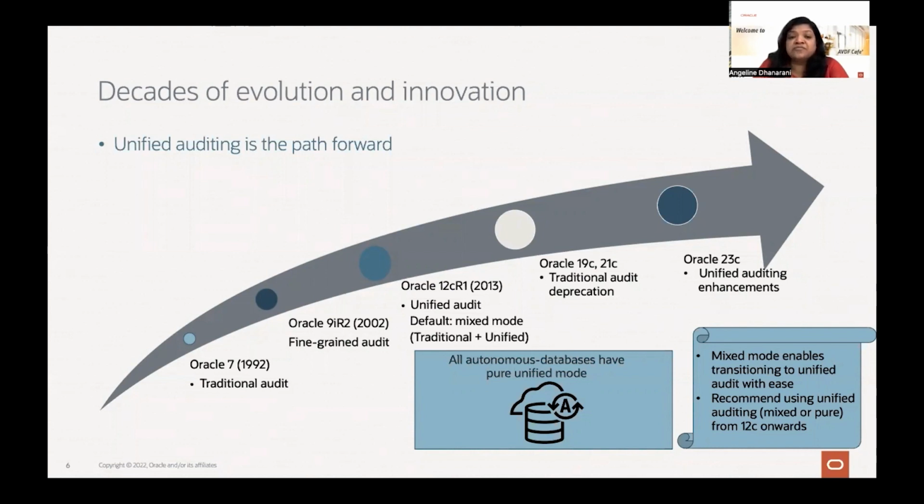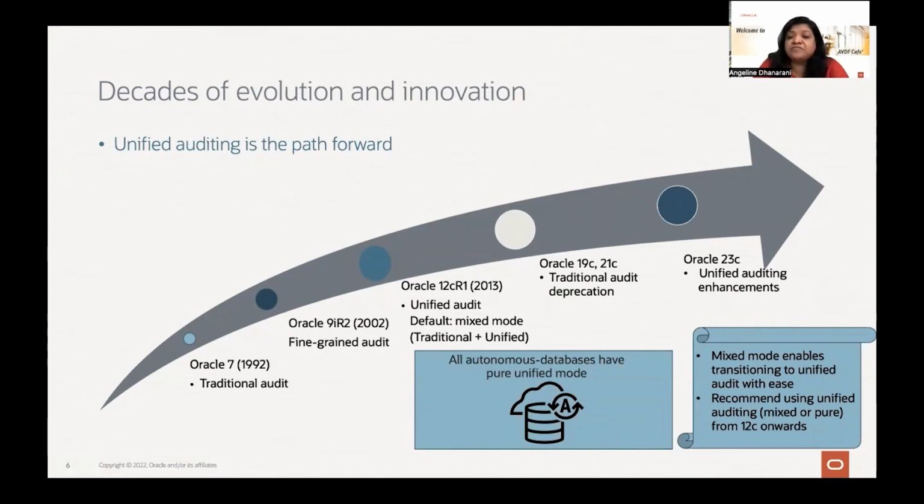All of those were configurable using the standard audit. We also had fine-grained audit and the different kinds of XML auditing and OS auditing with the standard auditing. And in 12c, the introduction of unified auditing changed it into a different paradigm altogether.